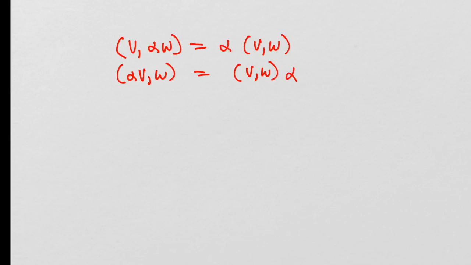All right, so this is our form rule, the way constants are pulled out of our form. If it's on the right, it's pulled out to the left. If it's on the left, it's pulled out to the right. The question is whether or not we want to give it the complex conjugation, right? So for right now, let's not. Let's just not do it. But once we have this rule, then we end up with